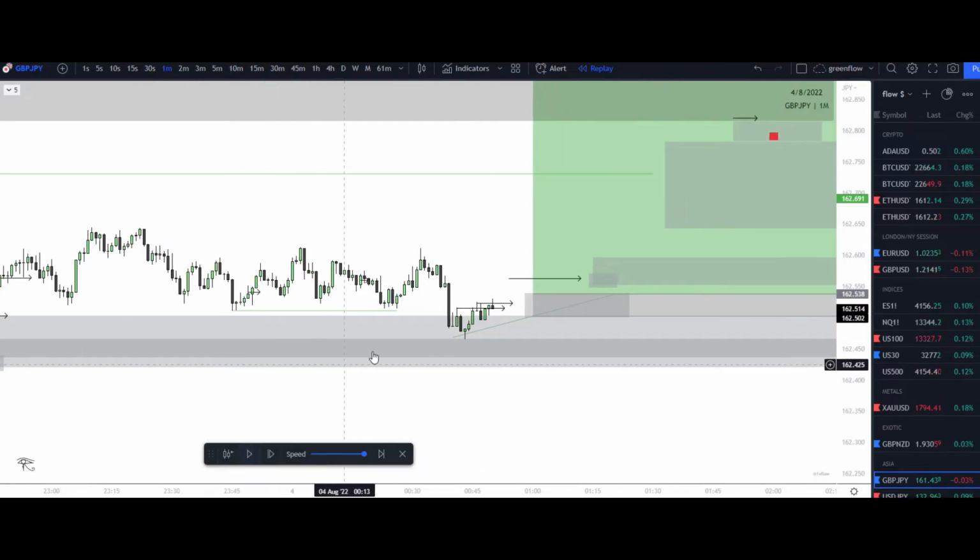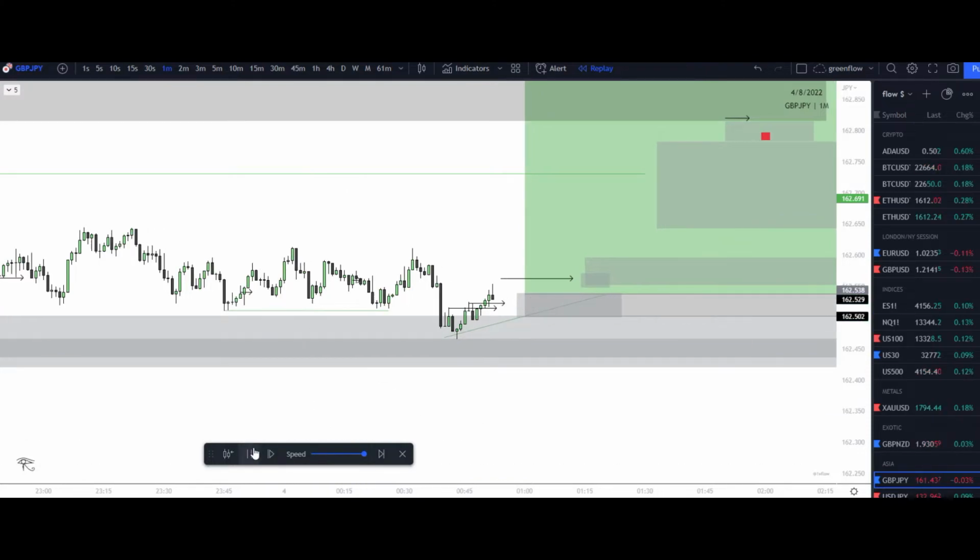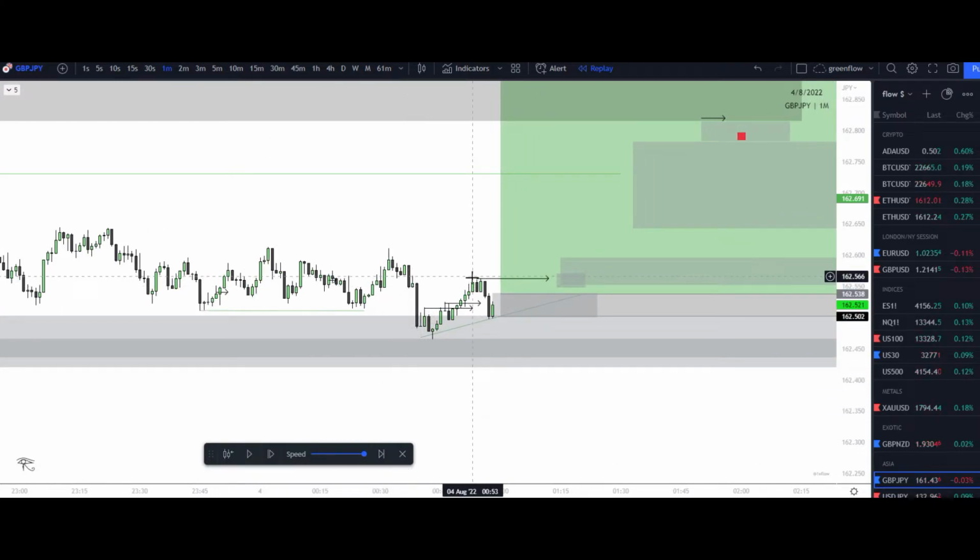We're looking for a double market break of structure. We get one right here. We get a second one right here. And then we get this move that is presented right here, right? So we got our 2 breaks of structures to the upside, an area of demand that we can look for price to now come into, right?